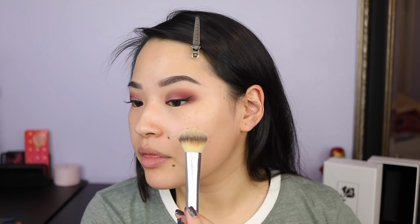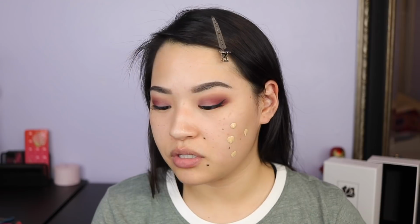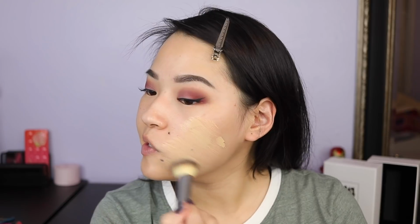Okay, I'm going to start with just putting some here, and because that's probably going to be too much anyway, I find that you don't really need that much product from this foundation. So I'm going to put the rest of the product onto my beauty blender and use that for this side. So I'm going to just go ahead and brush it on,